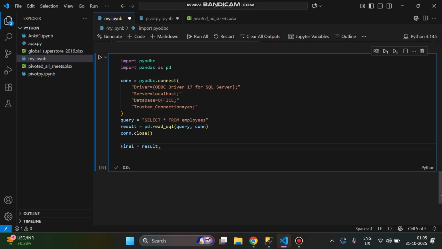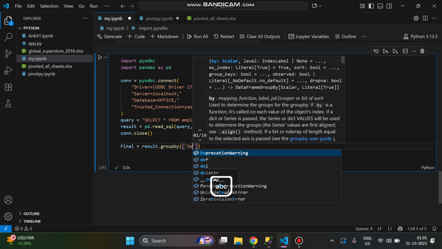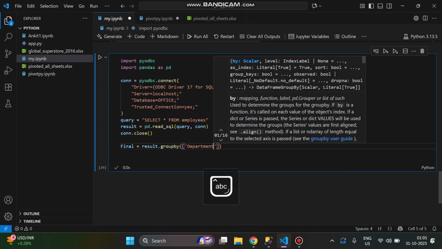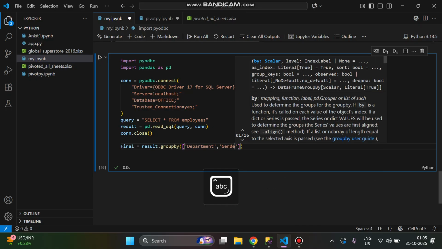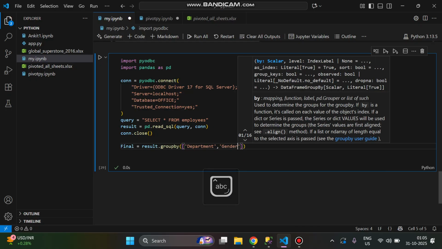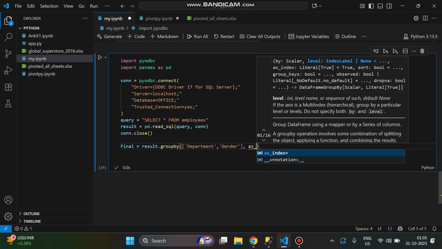All the data are now available in result, so result dot group by, which columns I need: department and gender, as index